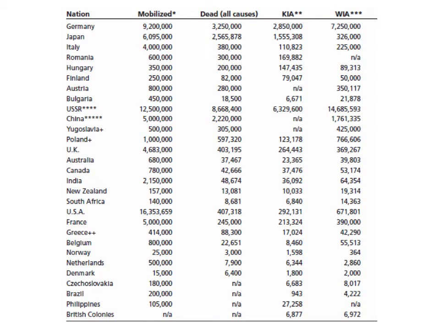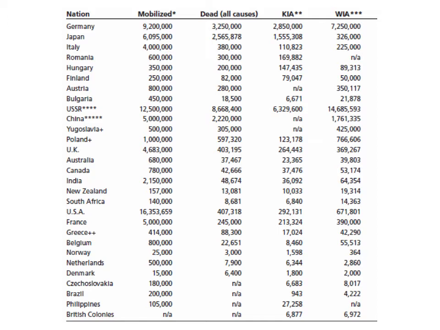If we break these numbers down more particularly, just a couple of things that I'm going to highlight, of course. When it comes to mobilization, mobilized forces means how many people were actually serving in the militaries. When we look at Germany, Italy, and Japan, using kind of round numbers, it comes out to be about 20 million people. On the Allied side, we've got the Soviet Union, China, the United Kingdom, India, the United States and France, and all of that together, you're talking about vastly more, almost 50 million people when it comes to the Allied side.